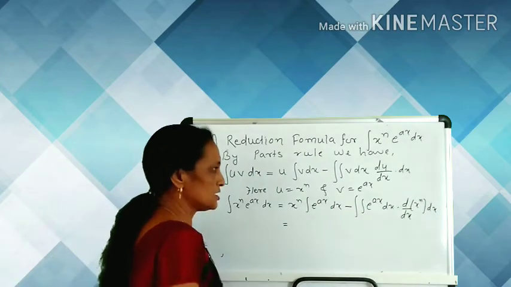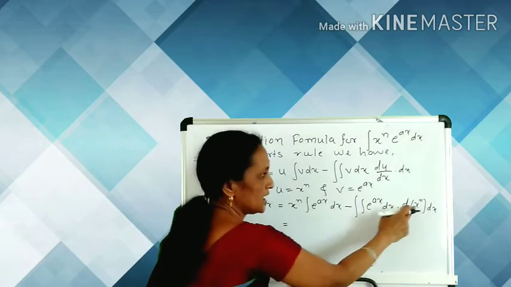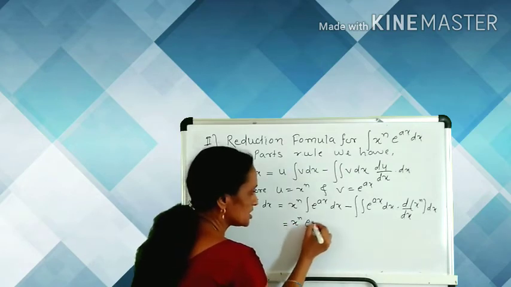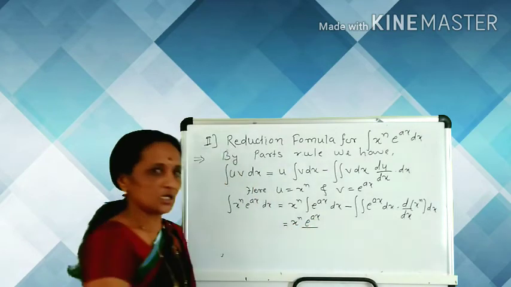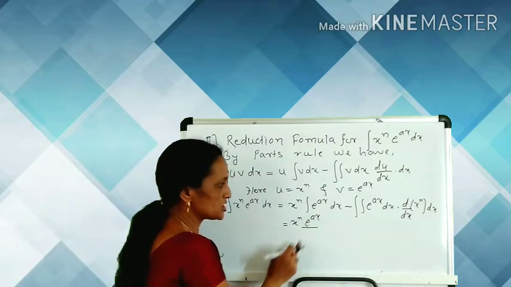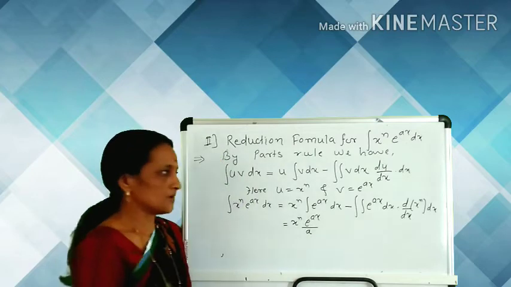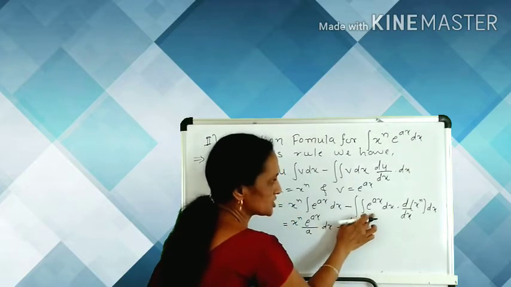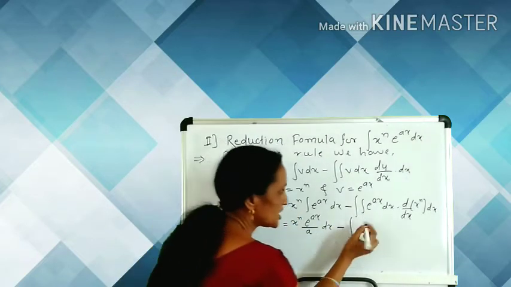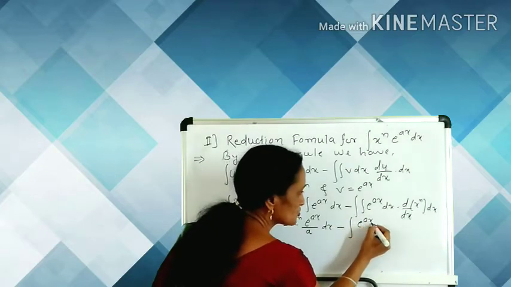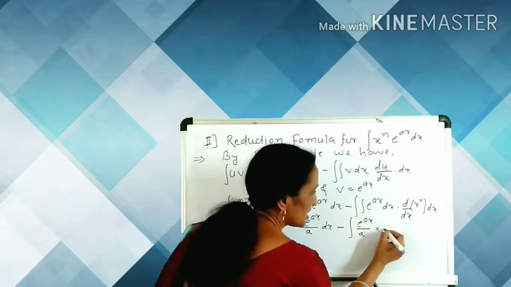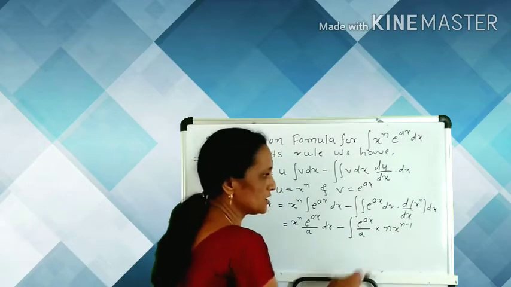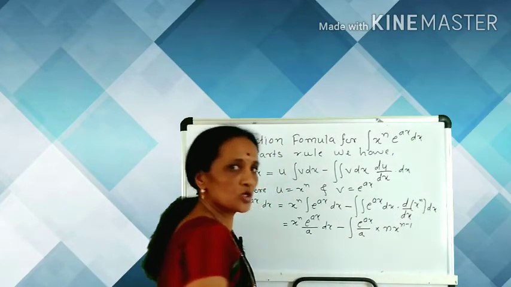Here we take the integration of e raised to the ax and derivative of x raised to the n, and we write here x raised to the n, e raised to ax, and in integration we divide by the coefficient of this x here, and the coefficient is a, multiplied by dx, minus integration of, here also integration of e raised to ax into the dx, and we know that integration of e raised to ax is e raised to ax divided by a, multiplied by n x raised to the n minus 1, which is the derivative of x raised to the n, power is multiplied and x raised to the power 1.